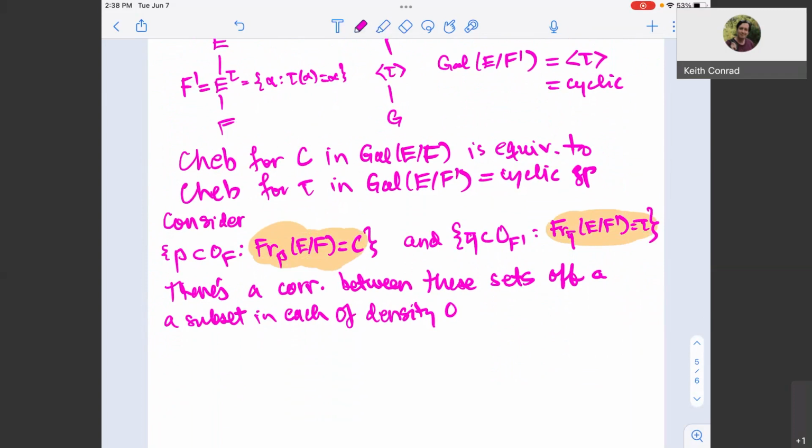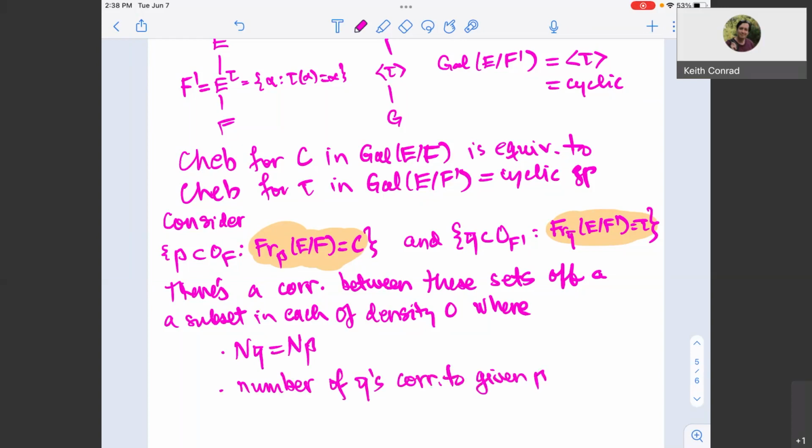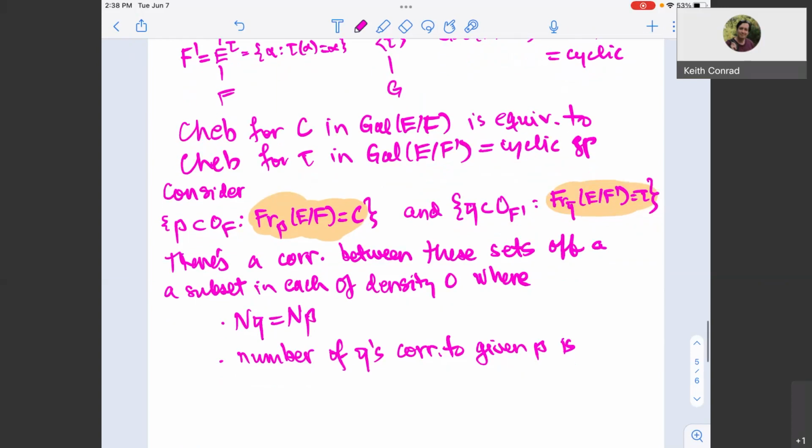And it turns out that there's a correspondence between them. Away from subsets of density 0, you get a correspondence where corresponding prime ideals have exactly the same norm. So your count in each set away from subsets of density 0 is going to be the same, and the number of Q's upstairs that correspond to a given P turns out to equal the integer